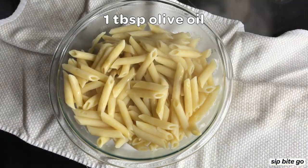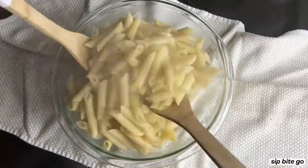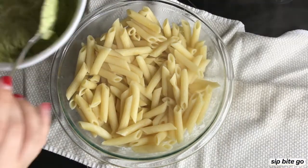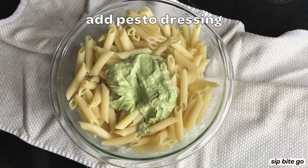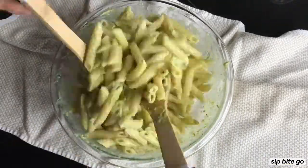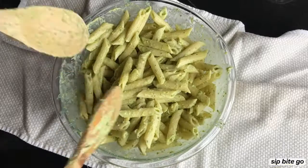This is one of my favorite dishes to have in the fridge over a few days because I work from home, and having an easy lunch to grab at a moment's notice in between meetings is super helpful. Sometimes I'll also add in some grilled chicken if I want to make it more of a hearty meal